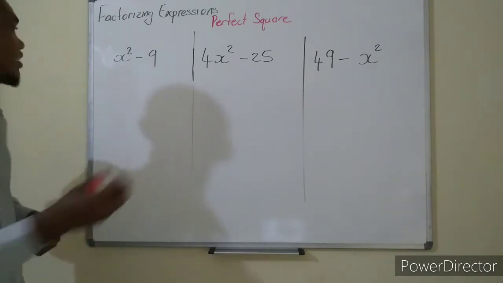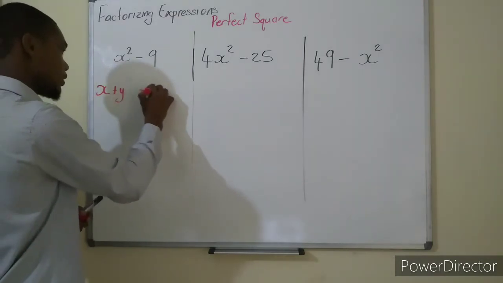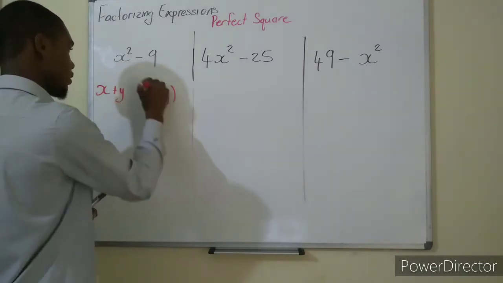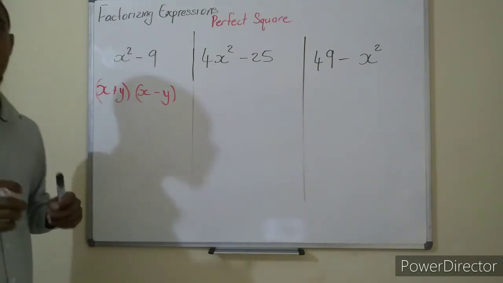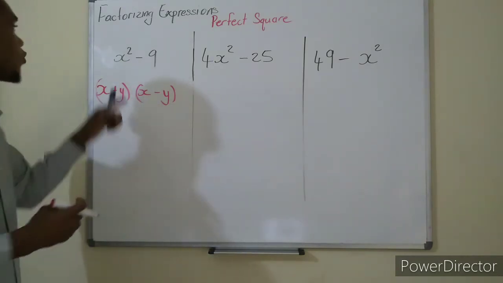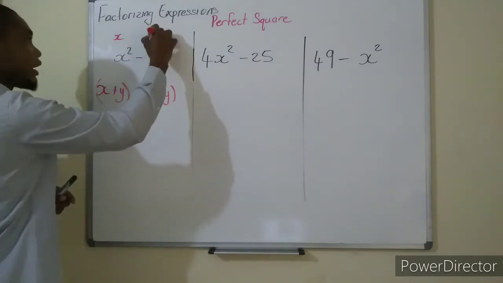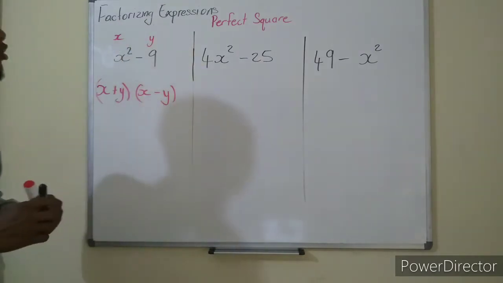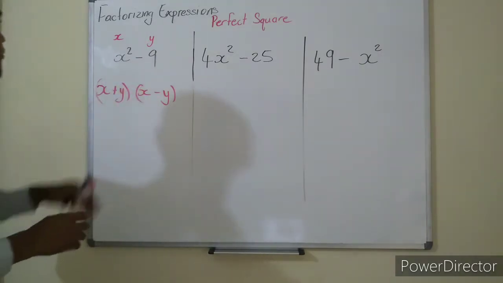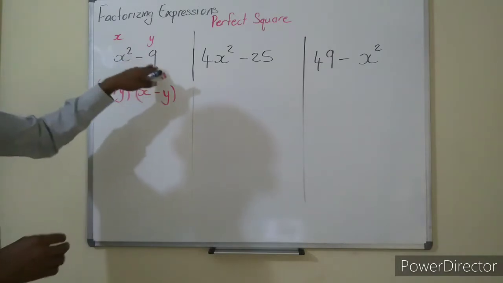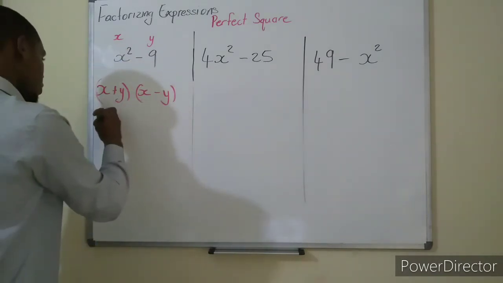It's by simply applying the formula x plus y, x minus y. And what is x plus y? It is the simplified or the square root answer for each term of your expression. So you can label it x and y. So for perfect squares, usually only two numbers can be given. So label each as x and y. So now